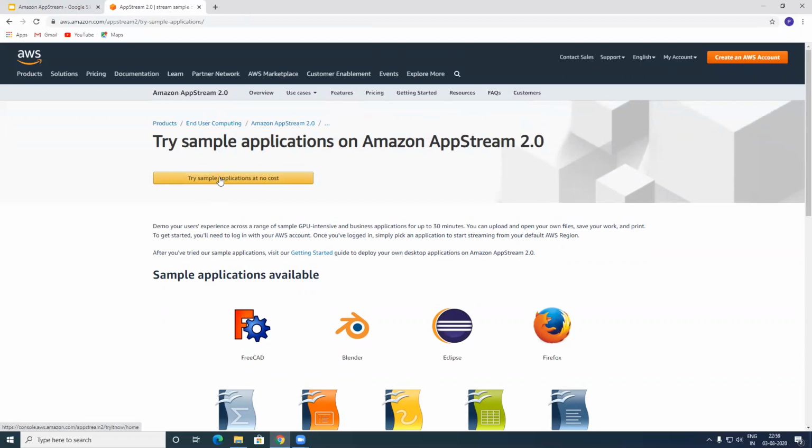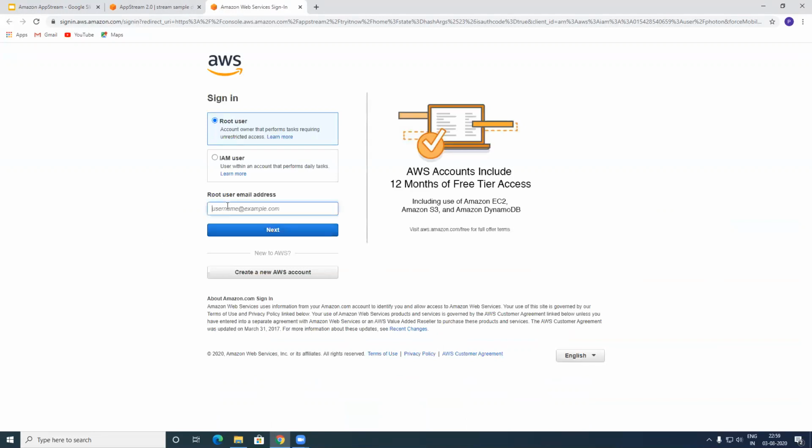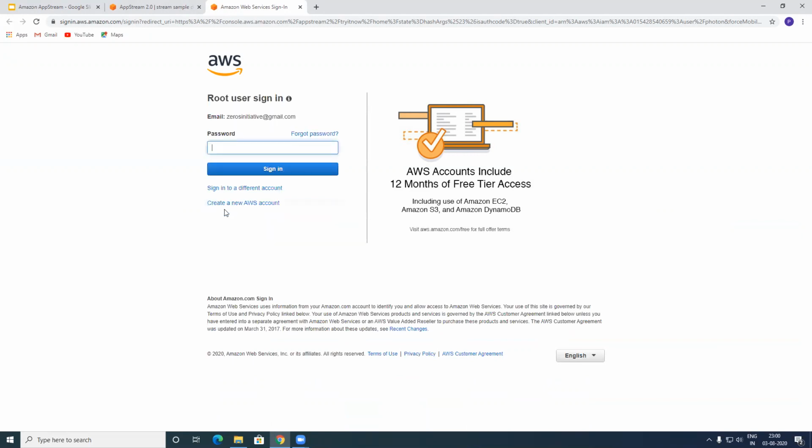So you don't need a high performance laptop nor a high performance PC. You can also have GPU intensive workloads running through Amazon AppStream. So it's just asking me to sign in. Let me just sign in. One second. It's a brand new PC that I built today just for Windows. And I'm pretty excited about this PC because it's very powerful.